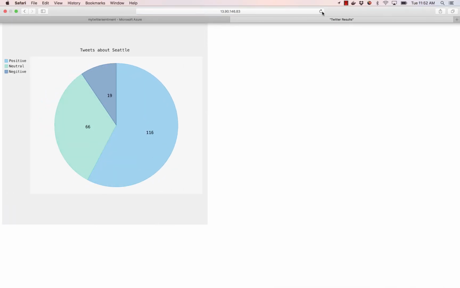Stick around for the next video where I'm going to demonstrate how to quickly create all the Azure services needed to run this Twitter sentiment application and get it loaded up into Kubernetes without having to manually build manifest files or whatnot. And then after that, I'll have a series of videos with